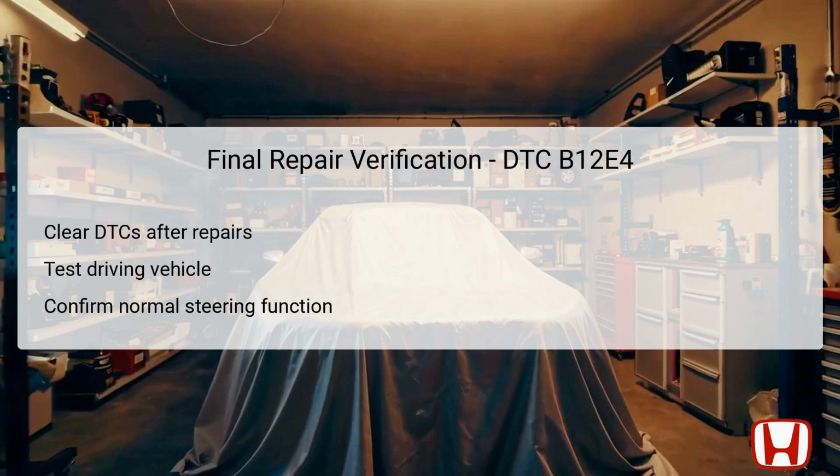After completing the repairs related to DTC B12E4, it is critical to conduct a final verification of the repair process. Begin by clearing all DTCs once again through the Honda Diagnostics System, HDS. Once DTCs are cleared, it's essential to conduct a test drive to ensure that the vehicle operates normally under varied